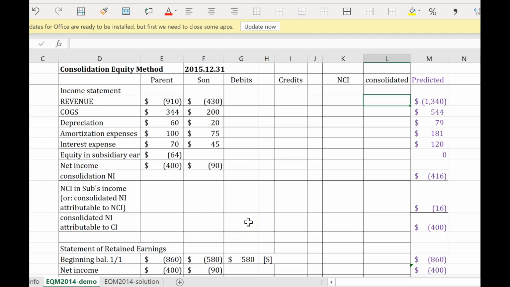In this video, I'm going to continue from part one, talking about how to use the worksheet to consolidate the parent and subsidiaries' financial statements when NCI is present. First of all, we have the parent and the subsidiaries' numbers copied to this worksheet. We have a debit, a credit, and an NCI column. And when we consolidate, it is basically the parent's number plus the subsidiaries' number, adding the debit side minus the